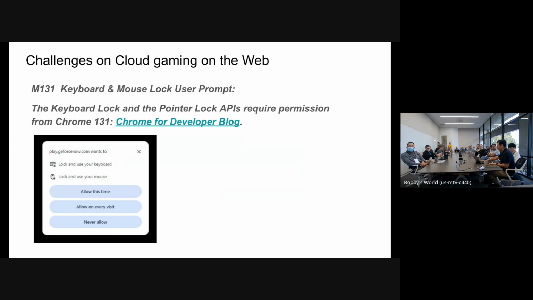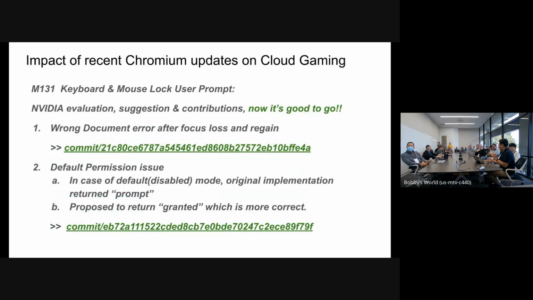After that, we evaluated this new feature, investigated, and tested with our NVIDIA QA team. We figured out there are two bugs, and we identified them, suggested, and made a fix. This is good collaboration with the Chrome team and the content providers.